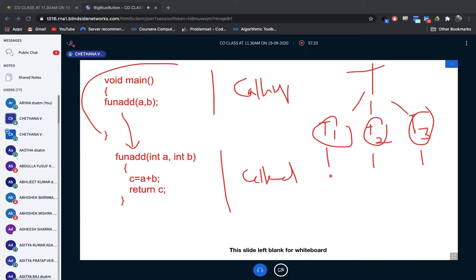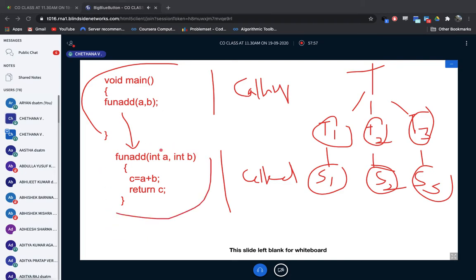So what will happen? For this I'll separately write a small function, as I've done for add. I've written a separate function for task 1, that is a subroutine. This is subroutine 1, this is subroutine 2, this is subroutine 3. A subroutine is a subtask. I hope you are able to understand. Like this, I'm going to take the function. This is one of my subroutines.